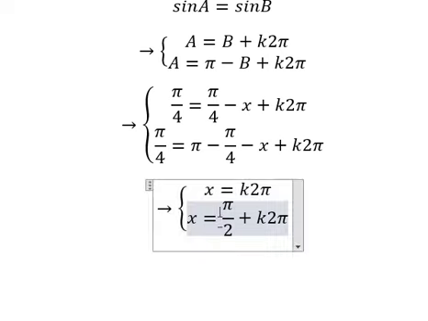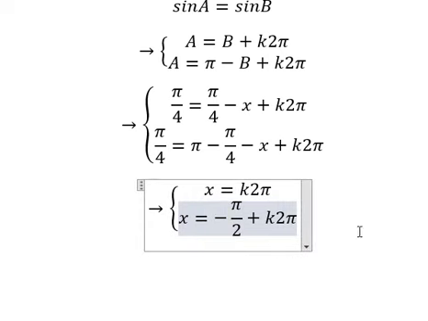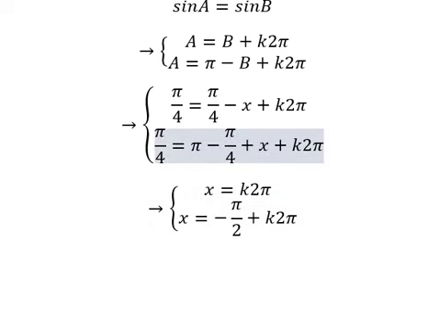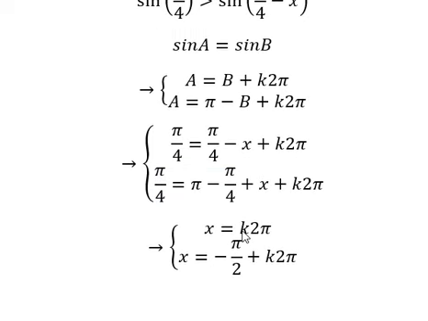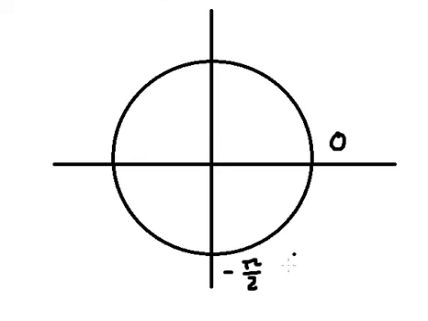Negative b over 2. So after we got everything, this one is positive. So when k equals number 0, we got 0 and negative b over 2. But if we put the value below number 0 in here, we got the value is greater than